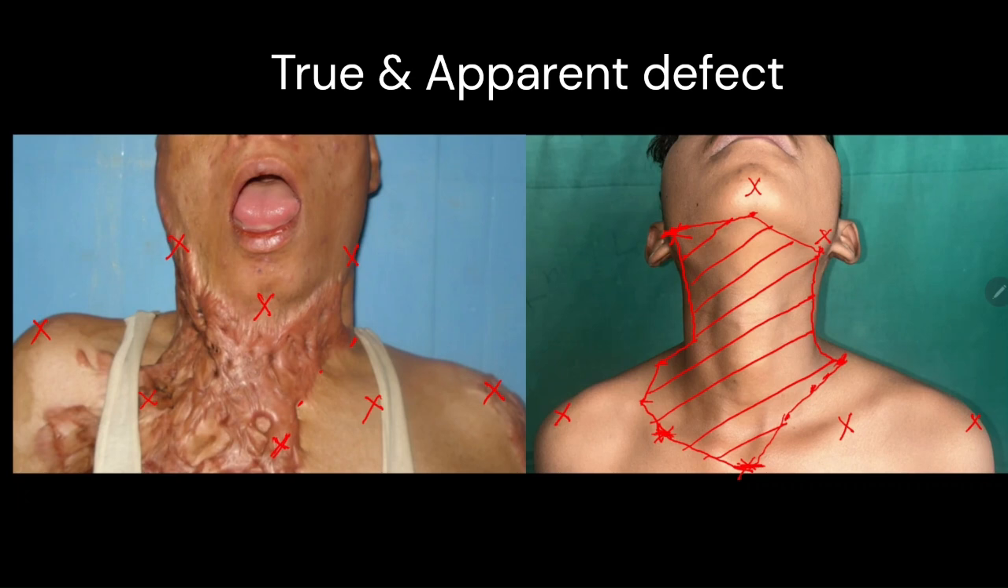So this is going to be our true defect in this particular case. What is our apparent defect? Our apparent defect is the scar, only in its transverse and vertical dimensions. Whatever part of the scar we are planning to tackle,